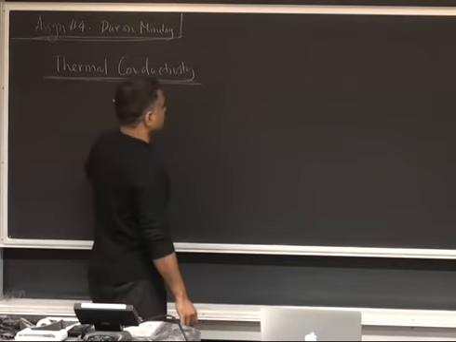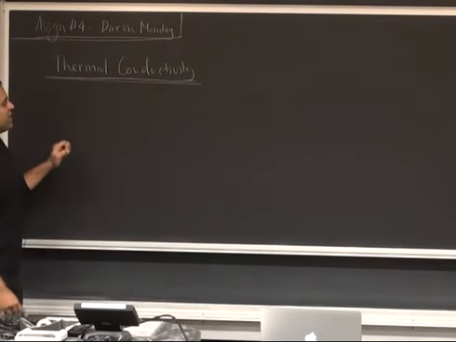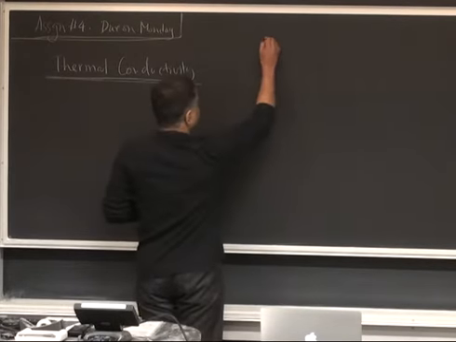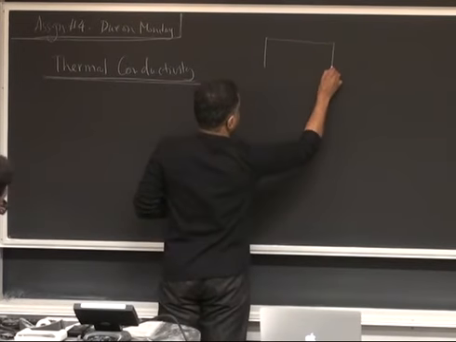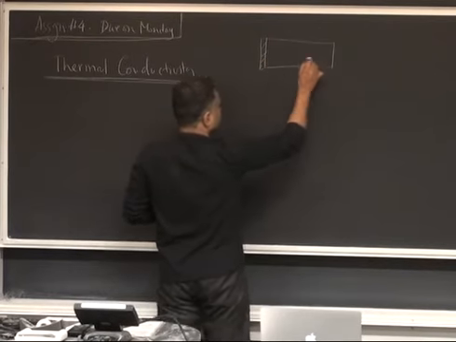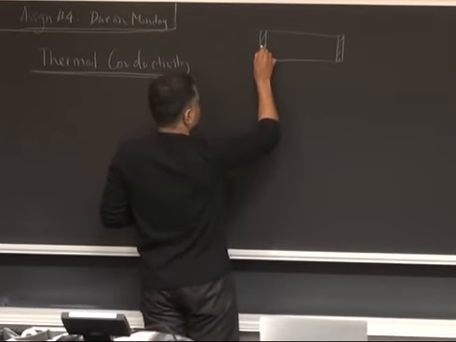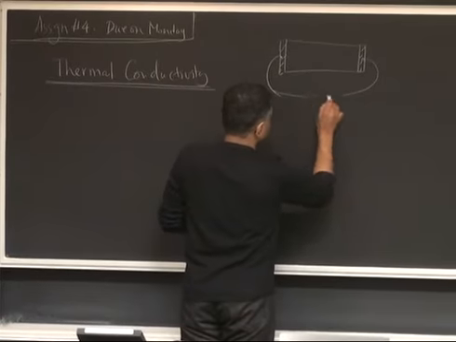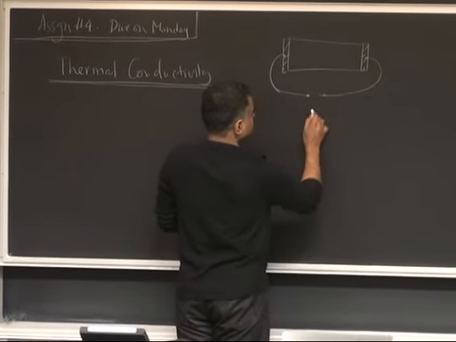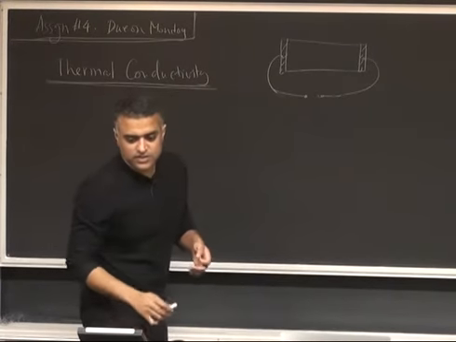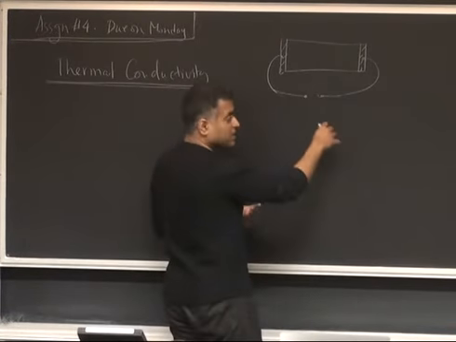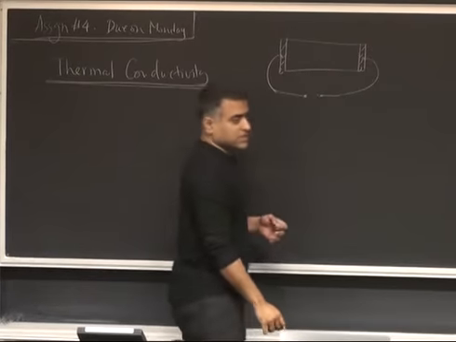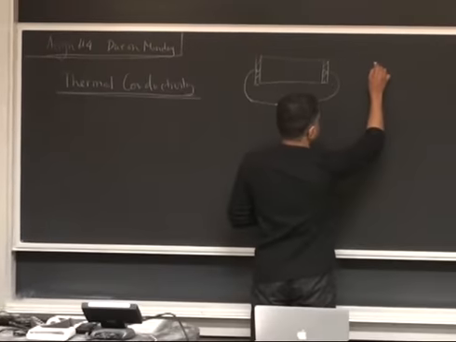So thermal conductivity we will quantify very soon, but let me just start with the simplest picture of what we mean by thermal conductivity, and the analogy is really very similar to electrical conductivity. You have a block of material, and in electrical conductivity you're applying a voltage, right? Electrical voltage, potential difference between the two. And because of this potential difference, you have a current flow, right? And we write the current as voltage over resistance,